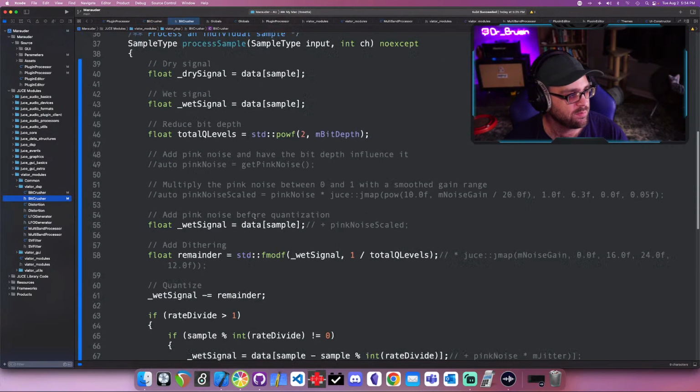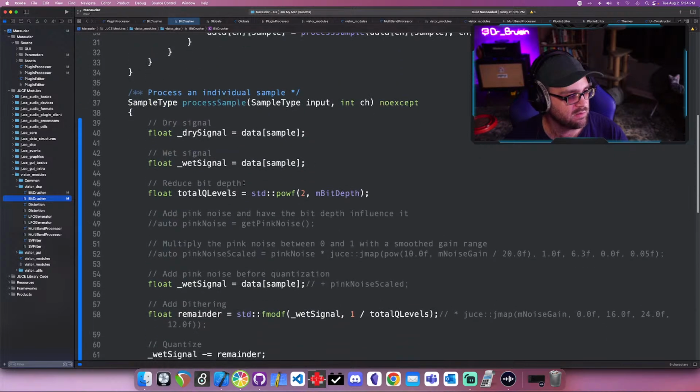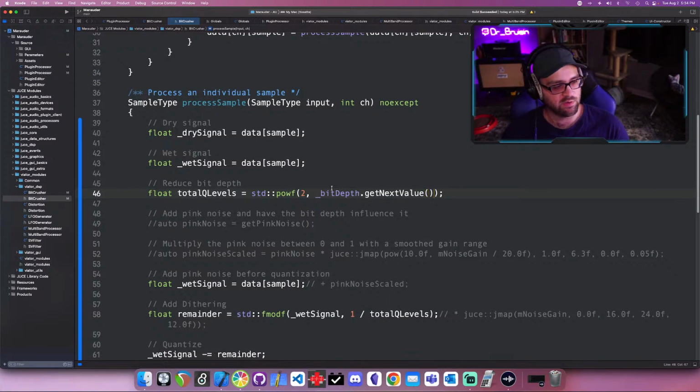Okay. So this part looks correct. We've got 2 raised to the number of bit depth levels. So I guess we're gonna do like 8 to 16 or 8 to 24. See whatever sounds good. So that part's correct. And then we need to apparently shrink the full scale signal to fit within the range of 0 to 1. So we'll do that. We'll say,